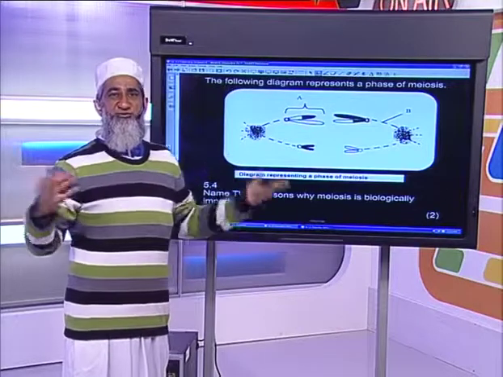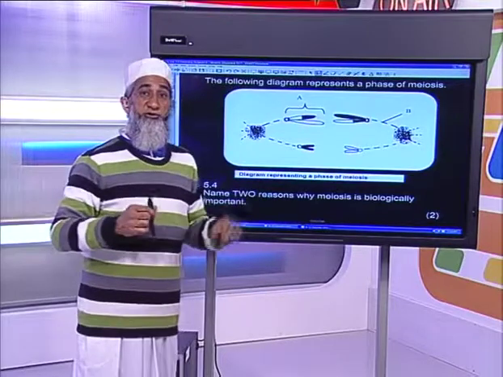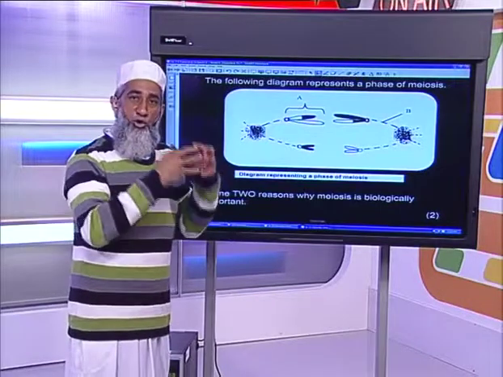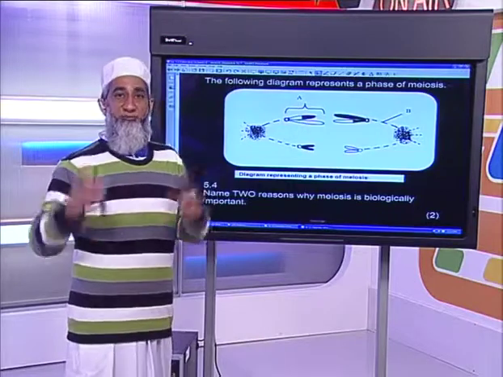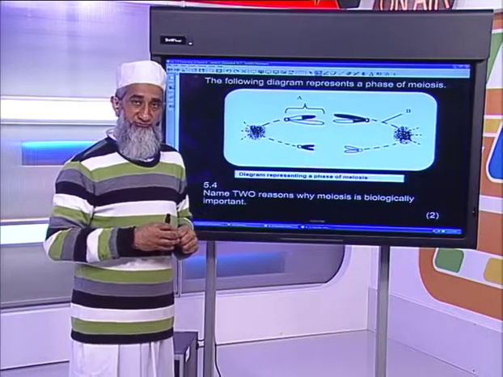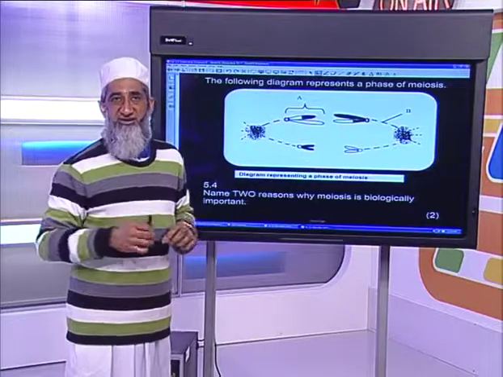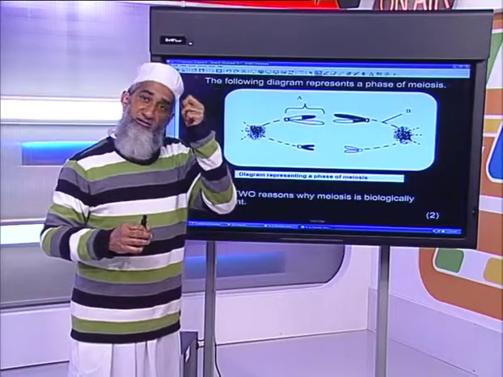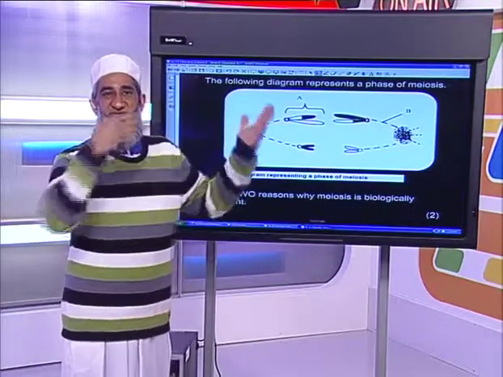to generation. Let's take humans, for example. We have 46 chromosomes in our normal body cells, which we call the autosomes. Those chromosomes are found in the ordinary body cells, or somatic cells. Ordinary body cells are called somatic cells, and the chromosomes found in there are called autosomes. And we have 46 in each of our cells. If I take a piece of my nail and put it under a microscope, we will find 46 chromosomes there. If I take a piece of my eyelashes or eyebrows, we can find the same there. If I take a piece of my skin, we're going to find the same thing there.